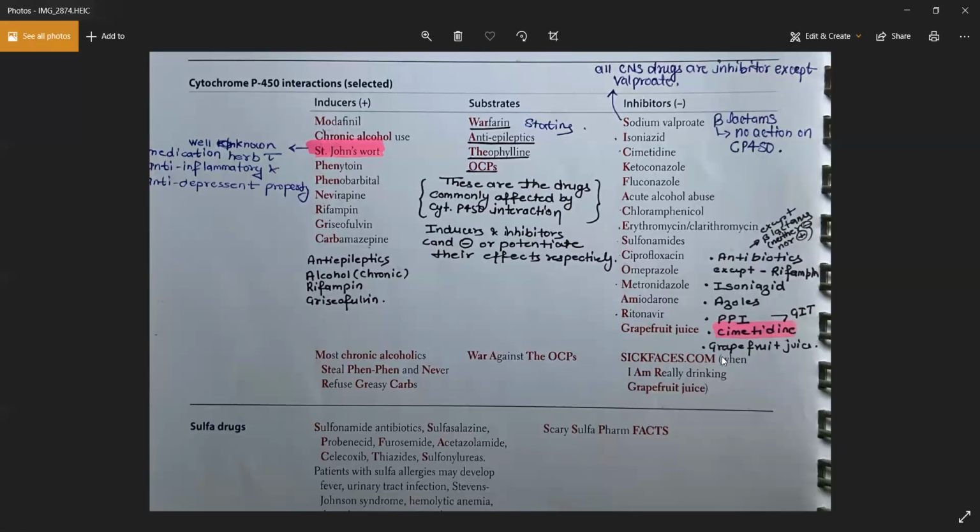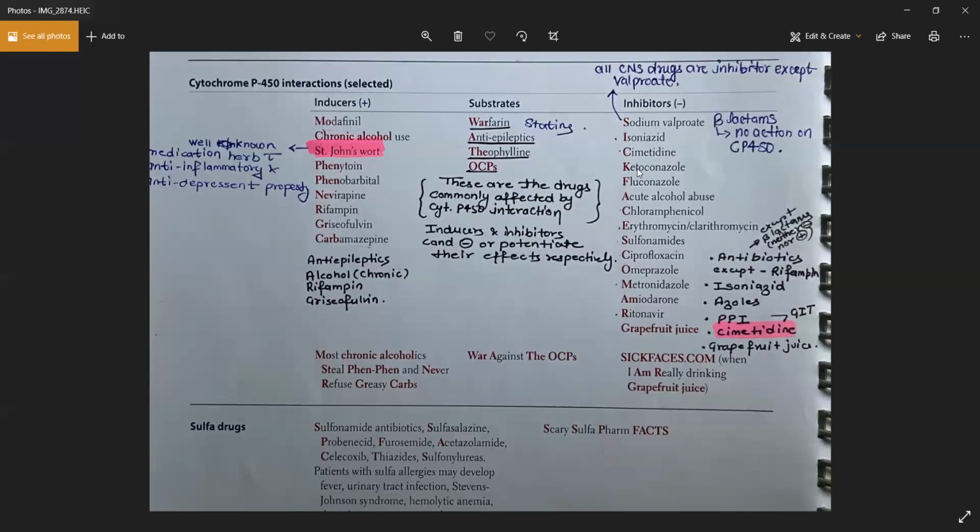Okay, and one CNS drug, sodium valproate, very important. One CNS drug, sodium valproate, is an inhibitor. Rest of the CNS drugs are activators of cytochrome P450. Okay, so sodium valproate, isoniazid, which is antibacterial, cimetidine, which is in the GI tract,